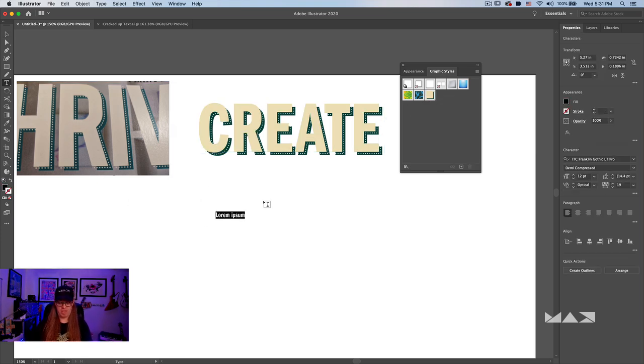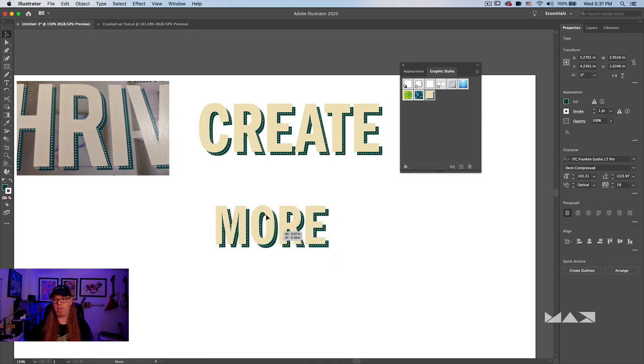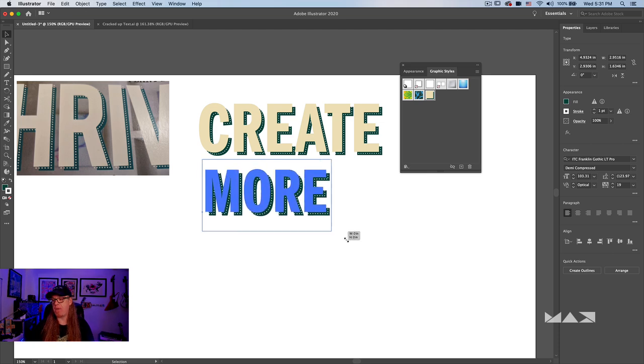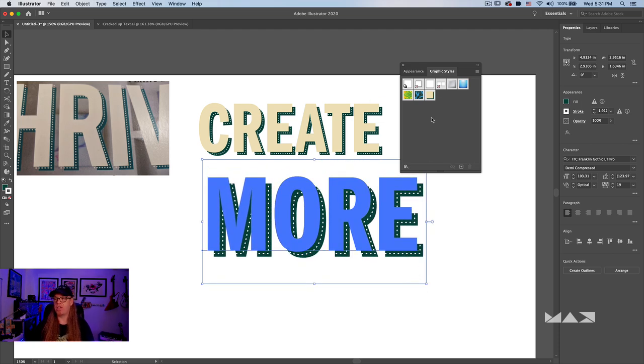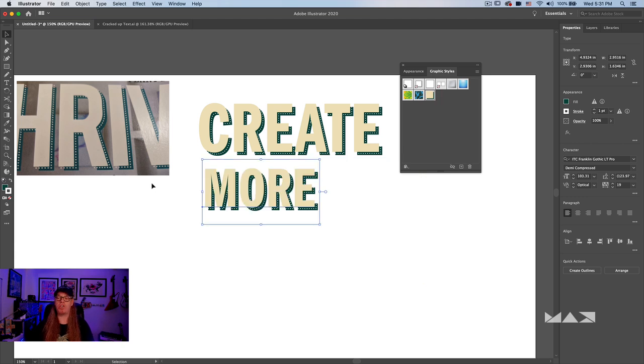And when you add your graphic style to this panel, it means anytime you create a piece of type, right? So let's go ahead and type the word more again. You can see here that it's just regular black text. But if I click on that graphic style that we've added, it automatically formats it for us with the same appearance properties. And if you make it bigger, you can see it adjusts. If you click it again, it'll reset that. So there's all kinds of ways you can use these graphic styles to speed up your workflow and replicate a visual appearance. All right, let's take a look at the next one.